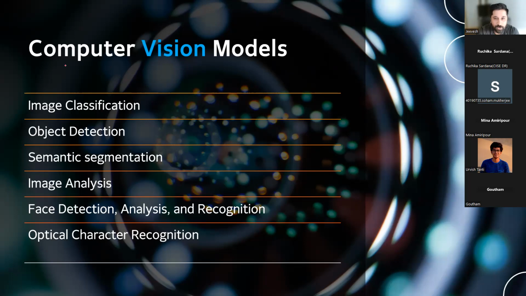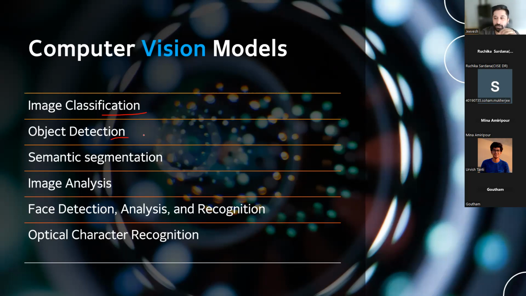Okay, so the first topic for the computer vision models that you need to know for the certification is image classification. Image classification is, for example, you show your AI model an image and it tells you what this is. So for example, if I show a forest and within the forest we have a giraffe, our model has been trained in a way it will tell you that, okay, we have a giraffe in the image. So that is classifying. And then the second image which we show will be of an elephant, and it will tell you, oh, this is an elephant. So it is doing the classification: giraffe here, elephant here, lion here. And this is a practical which is there for tomorrow. I'll show you how this works in practice.